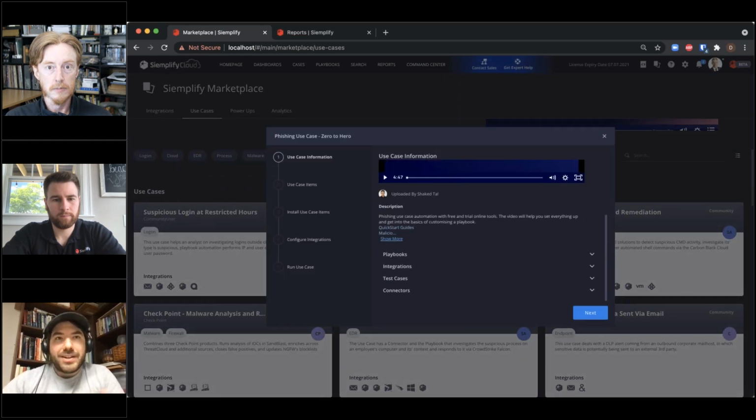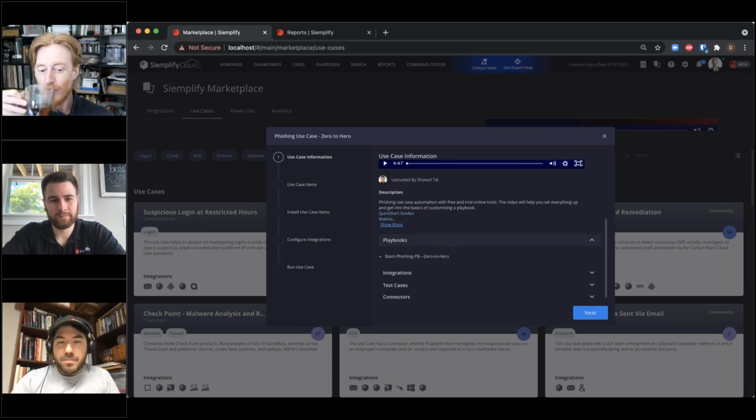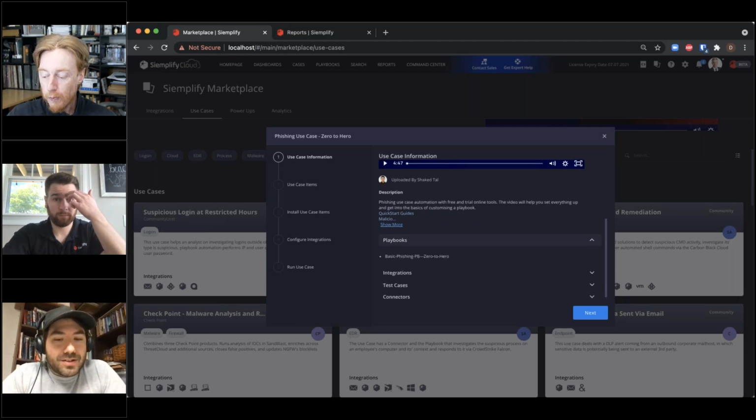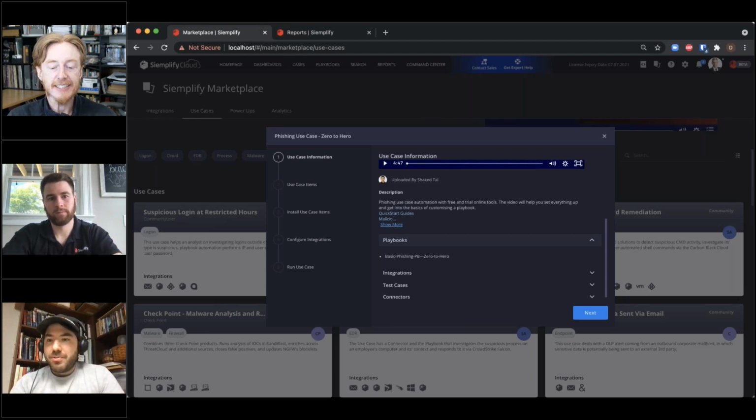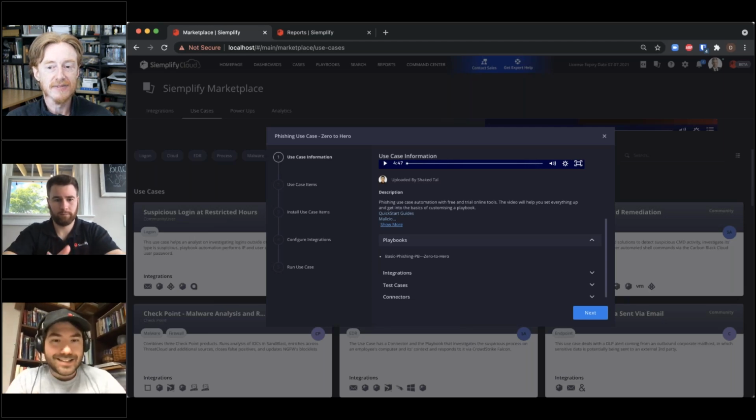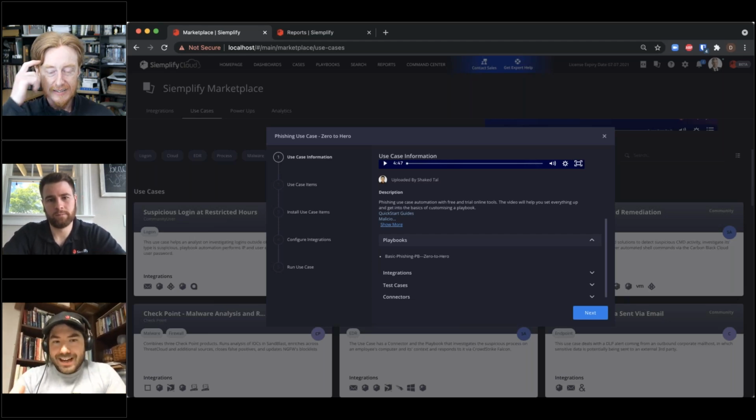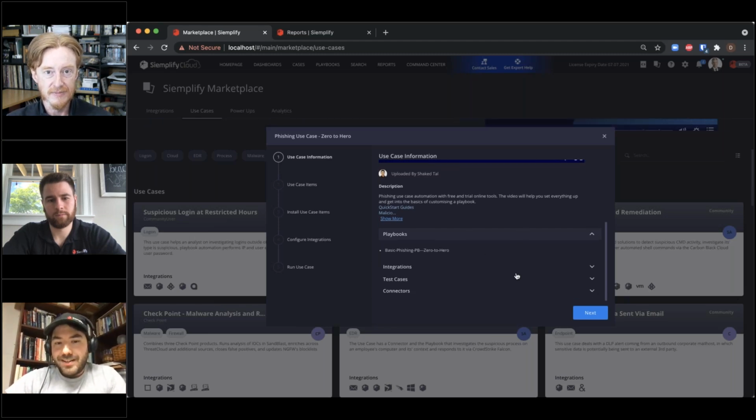You might ask the question, do we have any templated playbooks? And the answer to that question is yes. They're called use cases in Simplify. So when you come into Simplify, you're going to get that playbook that you might be looking for. But it isn't just that we give you the playbook and then require you to figure out what integrations were used in it, configure them, and maybe even create a test case to see it working live. We wanted to package that all together for you so that you could get off the ground running quickly. So we take you through the process when I'm deploying a use case.